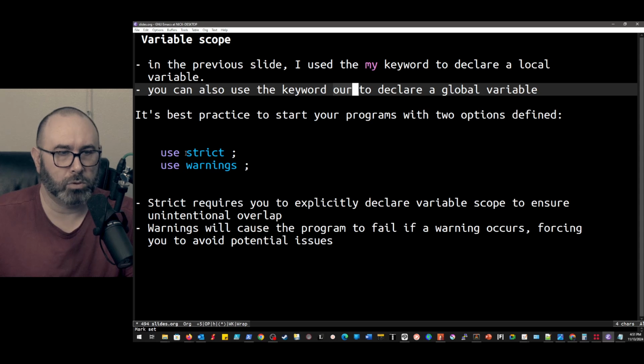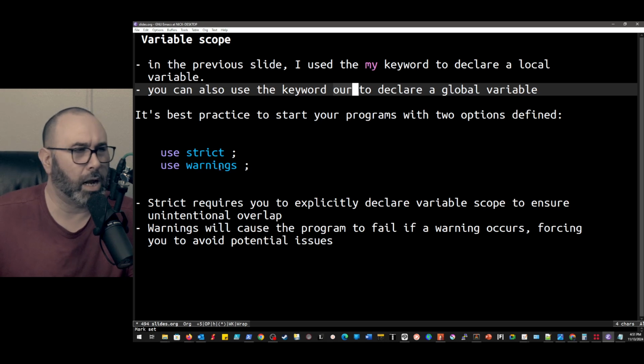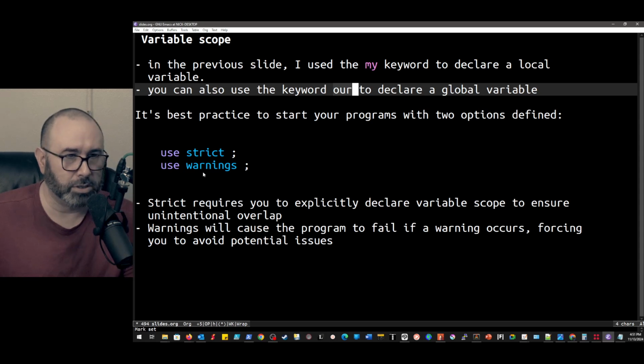A lot of people will recommend, as do I, the convention of using use strict and use warnings. Now, I think it may actually be that strict and warnings are turned on by default now, but the idea is this is something that's toggleable, right? So you can turn these on or turn these off. Strict will basically force you to adhere to best practices, like keeping good variable scope, so you don't unintentionally overlap your variables.